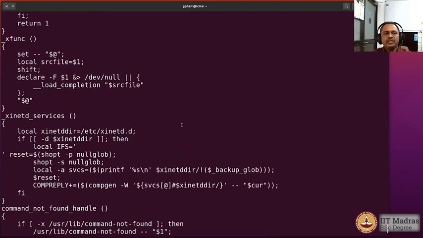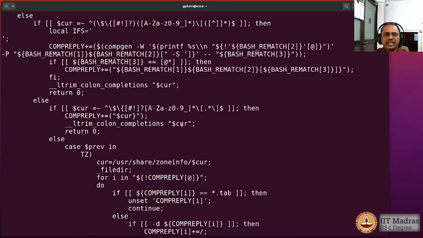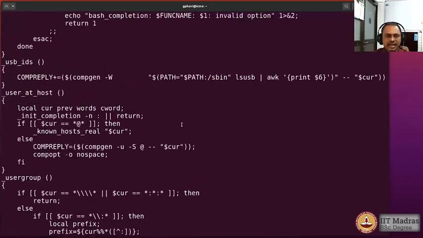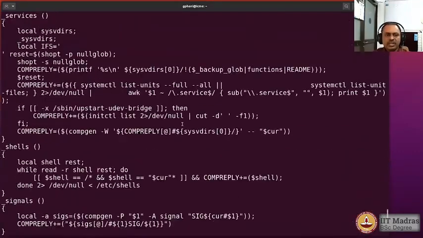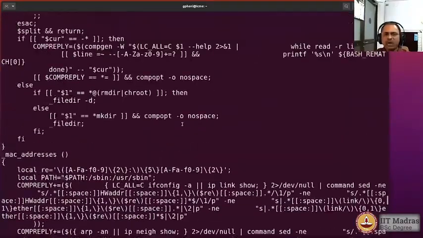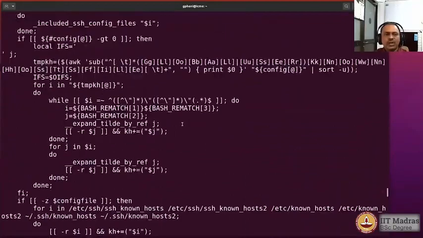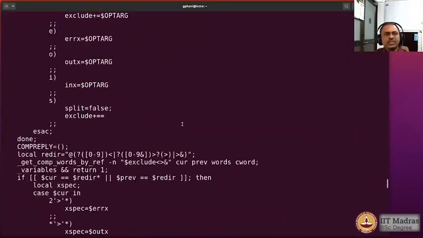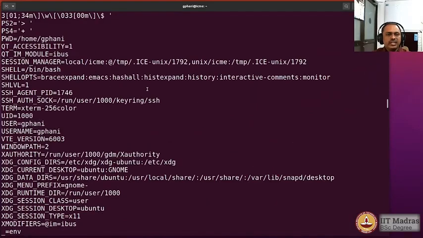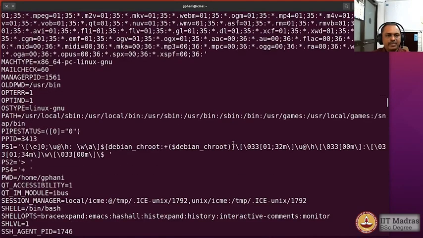Using the command set, you would also see certain functions that have been defined to interpret what you are typing on the command line, apart from, of course, the shell variables that have been defined. The output is quite long, so you may have to scroll quite a bit before you come to see the list of variables that were defined. So now you see that there are a bunch of variables that have been defined, and they are being listed by the output of the set command.